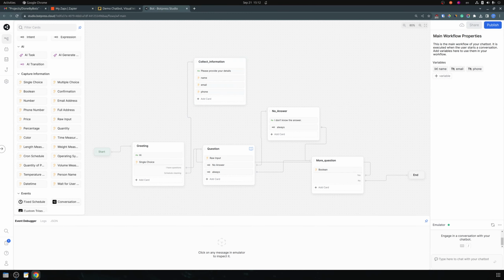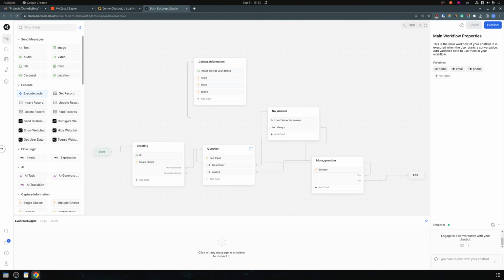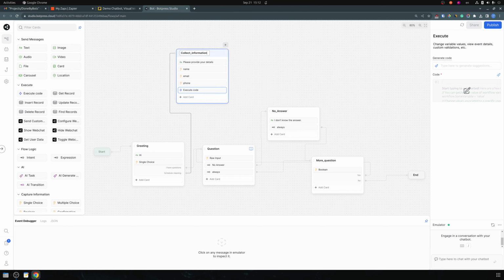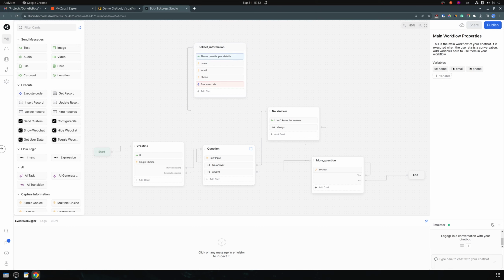And so once we collect all of them, we will want to do some code execution, and we'll see later where we will use it and for what. And once everything is done, we say,